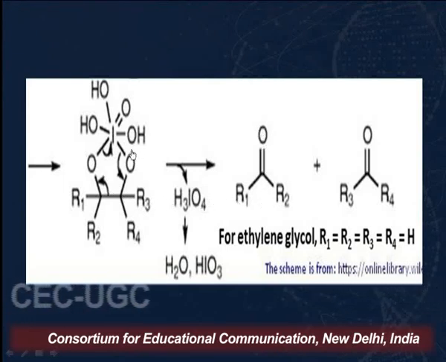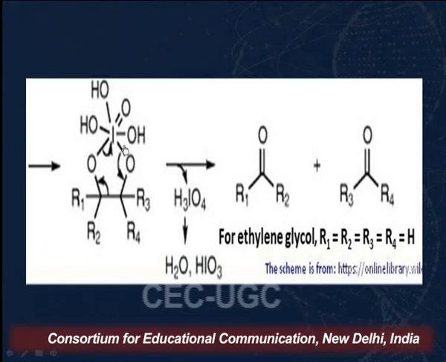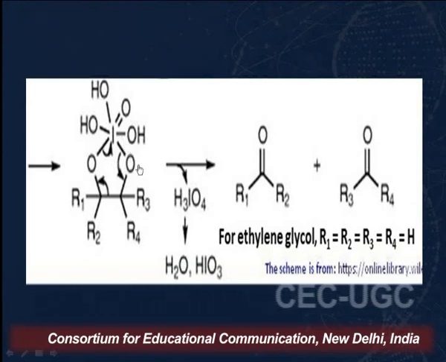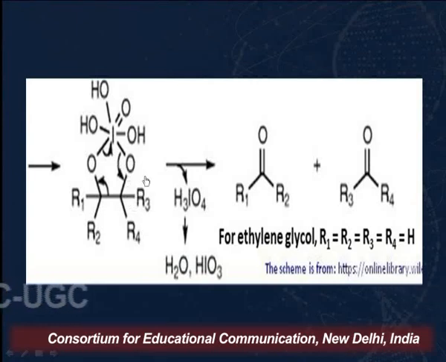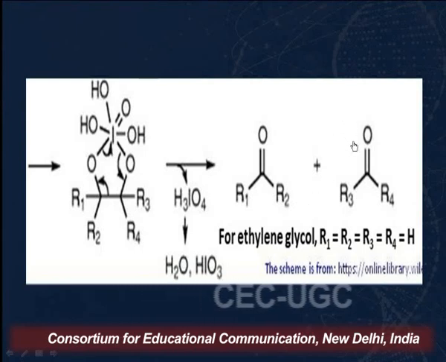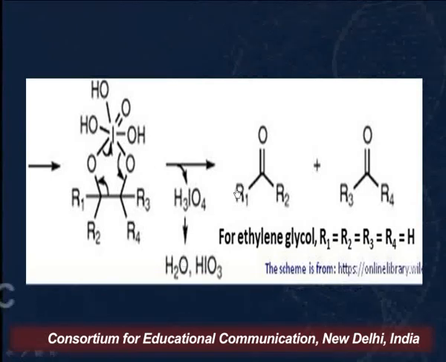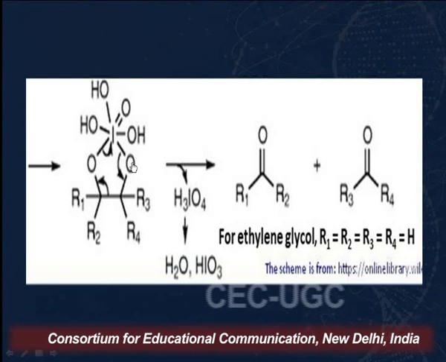And at the same time, this bond between iodine and oxygen cleaves, and it becomes a double bond here, that is C double bond O, resulting in the formation of R3, C double bond O, R4. So we get two carbonyl groups. So this looks to be quite complicated. But please remember, we don't have to do the mechanism. They are not going to ask you the mechanism.